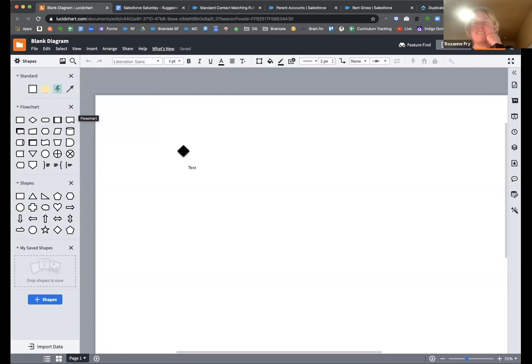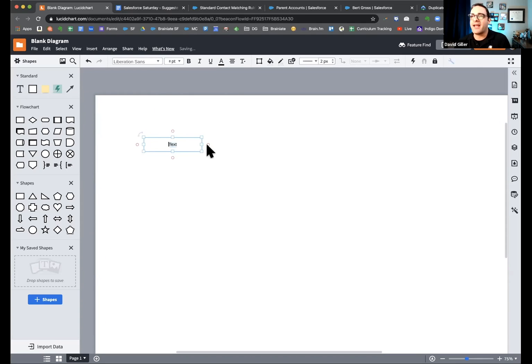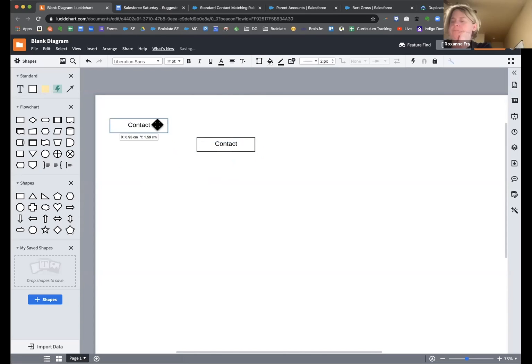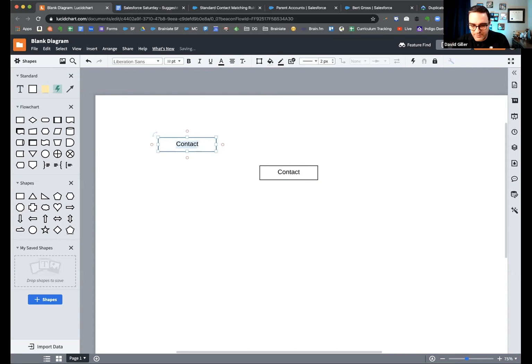All right. So what we're going to do is this. I'm going to go here to contact, and let's draw a line around this, and let's make the font a little bit bigger over here. As you know, in Salesforce, we have the contact object, and a contact should always be a person, a human being, someone who's living and breathing. Okay? On the contact record, you should never, ever, ever have something that looks like